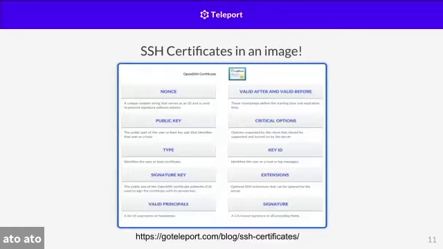Your signature key, the valid principals, some comma-separated line of who the principals of that certificate are, what users. A key thing here, which is what makes certificates really shine, is a valid after and before date, setting a time to live on a certificate. That way there's a limitation, so we don't have somebody running the same thing for 5 years. You actually have an expiration date on it. And then some extensions, and then you have the signature of that certificate that's been validated and signed by a CA. So if this gets tampered with, it invalidates that certificate.